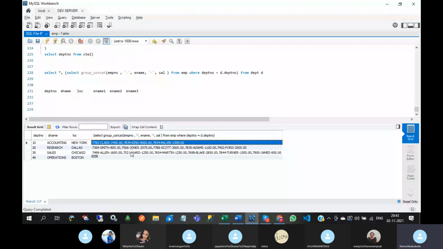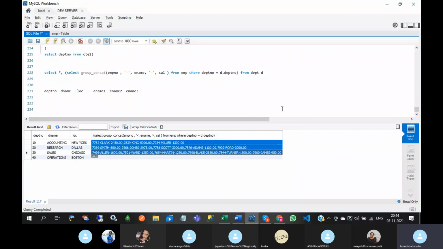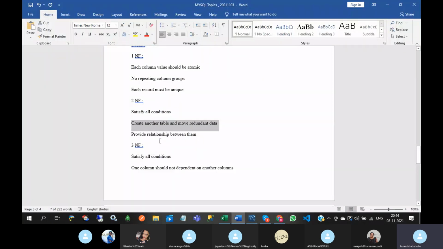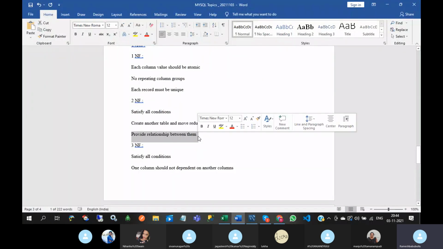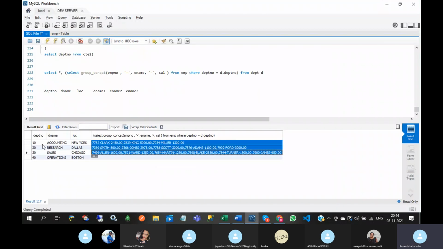If you move this employee data to another table, then it will look good, and we need to provide a relationship between them. For this, we move department number to the employee table also, so that we can make a relationship between the employee table and the department table.